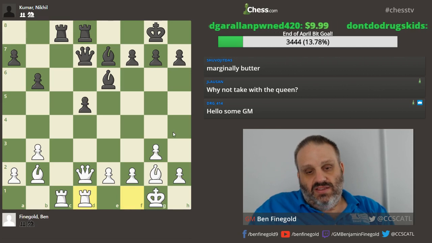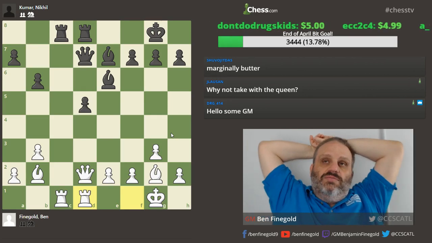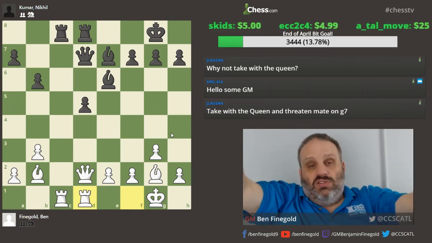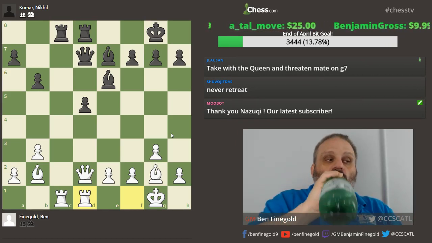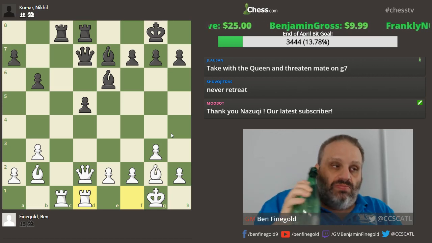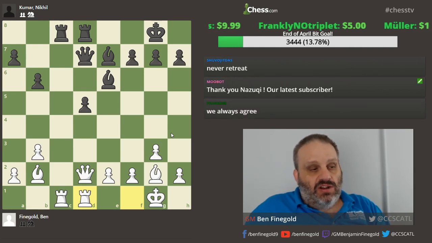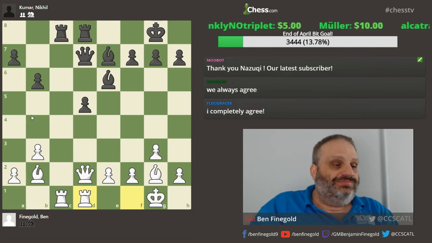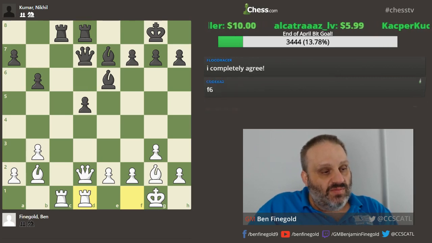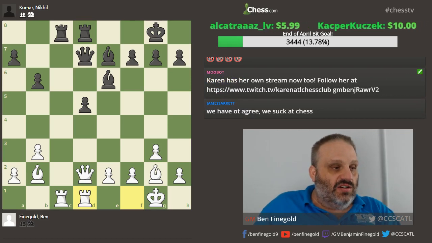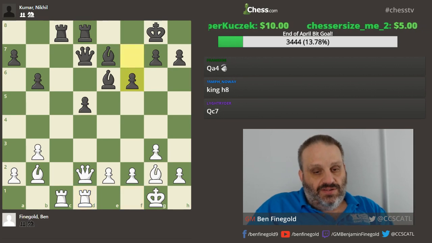Rook fd1 is fine. And now he made, I would say this is also a mistake, although I'm not sure the engine agrees with me. You guys will agree with me. That's more important than the engine agreeing with me, that you guys agree. So what move would black make where we would all agree that it's a bad move? I can give you a hint too. I have an emote for that. There's a good hint. Yeah, Codex got it. Yeah, he played f6. Queen a4 is also bad.